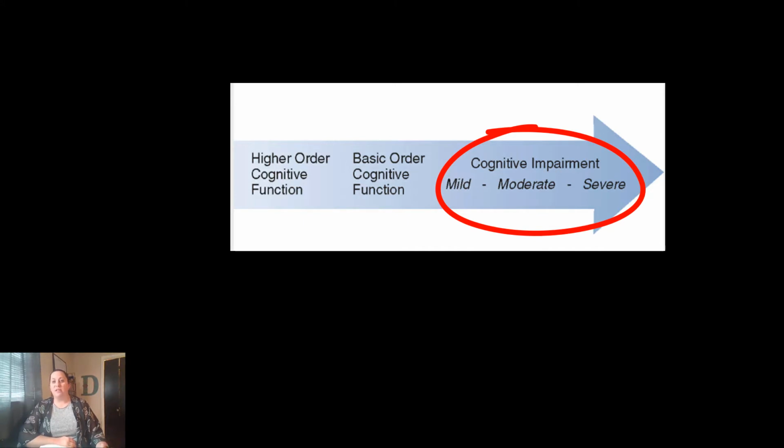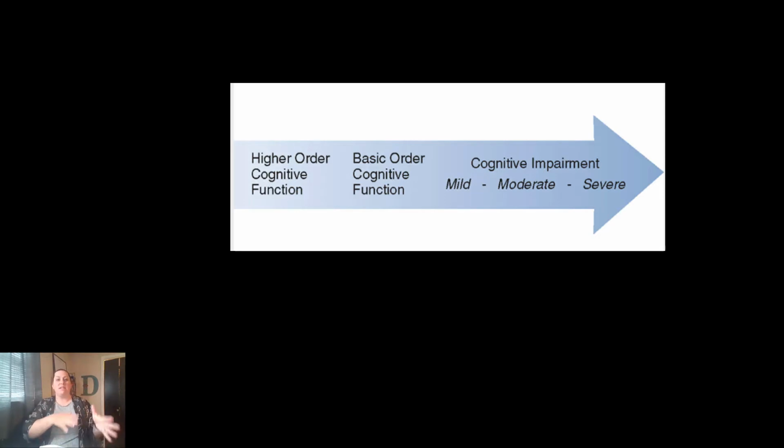This is where there's observable and measurable disturbances in one or more of the cognitive processes of that individual. So again, just like we've seen in some of the previous things, there's a continuum that's happening here, where we have this high level on one side and a low level on the other side.